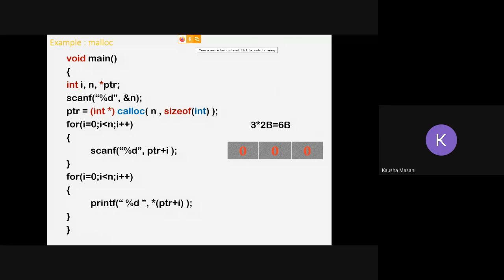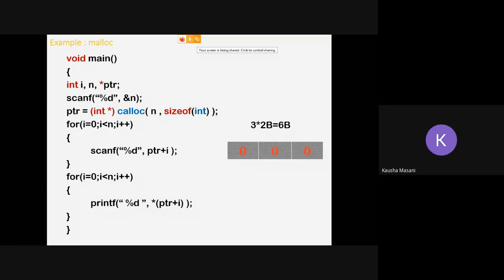Secondly, all the assigned multiple memory blocks will be initialized to 0. That is not happening in your malloc. Malloc is simply assigning one single memory block, but in calloc multiple memory blocks are assigned, and all those memory blocks are initialized to 0.